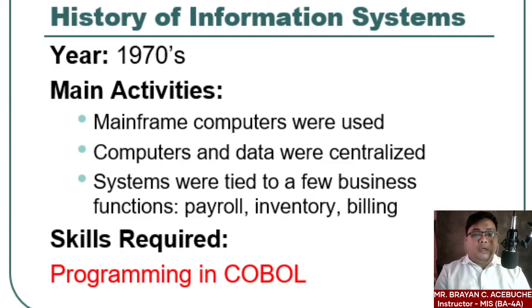Okay, so in the 1970s, the main activities in information systems are the following. Mainframe computers were used. So these big computers at that time were utilized. Computers and data were centralized and systems were tied to a few business functions such as payroll, inventory, and billing. And the required skills are